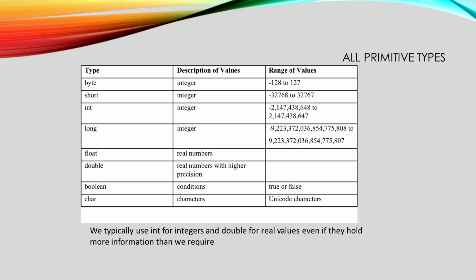Here is a chart showing the limitations of all of the primitive types in Java. The simplest of these is Boolean. A variable that is declared to be Boolean can only hold two values, true or false. There are 4 primitive types that store integers. They vary in how much memory gets allocated to them, and that changes the ranges of values that they can